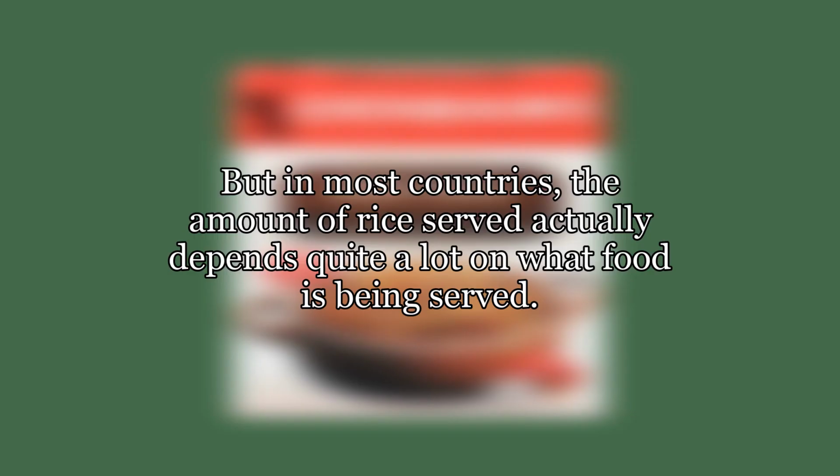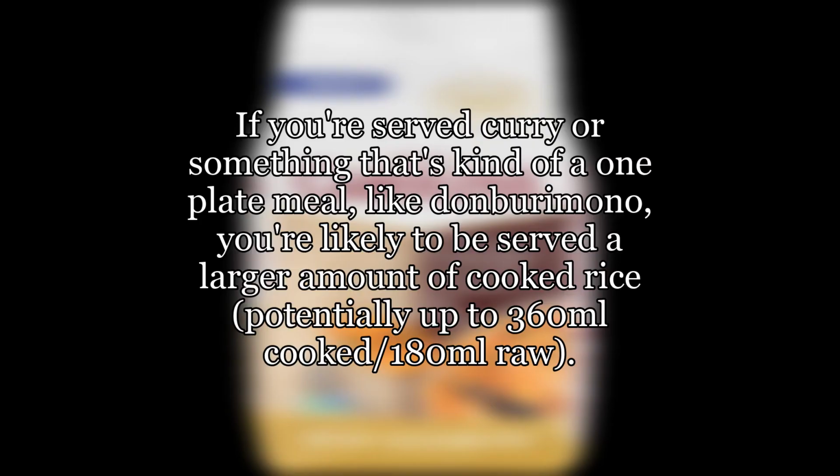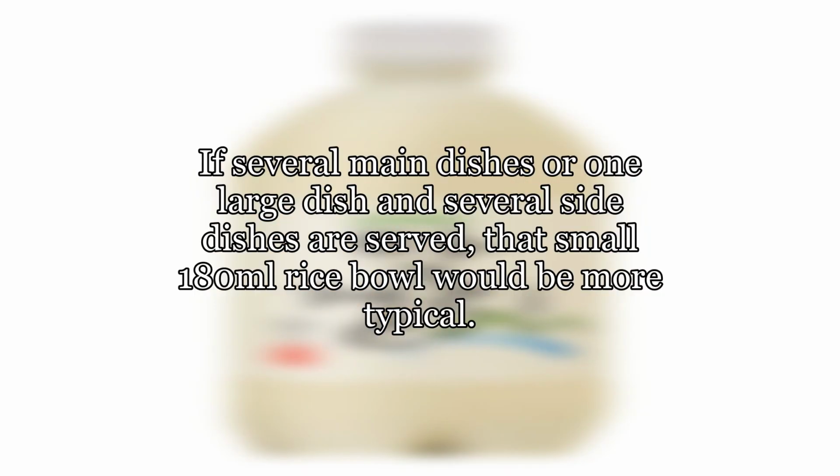filling. But in most countries, the amount of rice served actually depends quite a lot on what food is being served. If you're served curry or something that's kind of a one-plate meal, like donburi mono, you're likely to be served a larger amount of cooked rice, potentially up to 360 milliliters cooked, 180 milliliters raw. If several main dishes or one large dish and several side dishes are served, that small 180 milliliters rice bowl